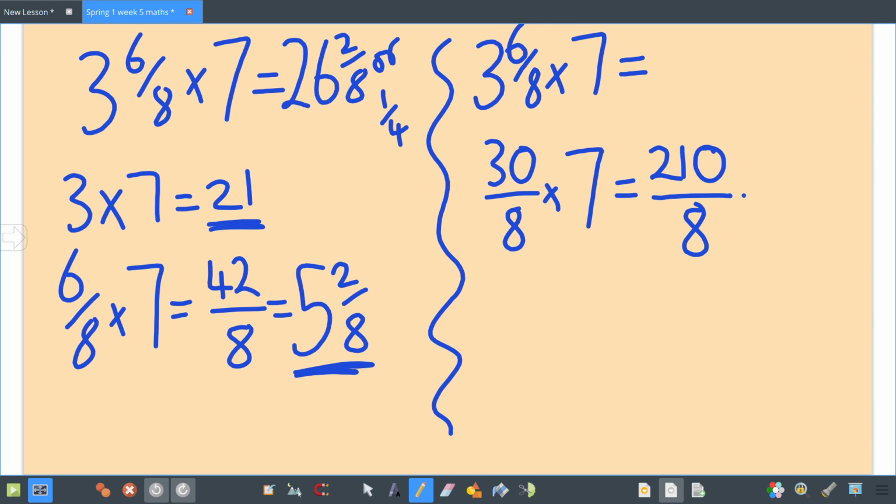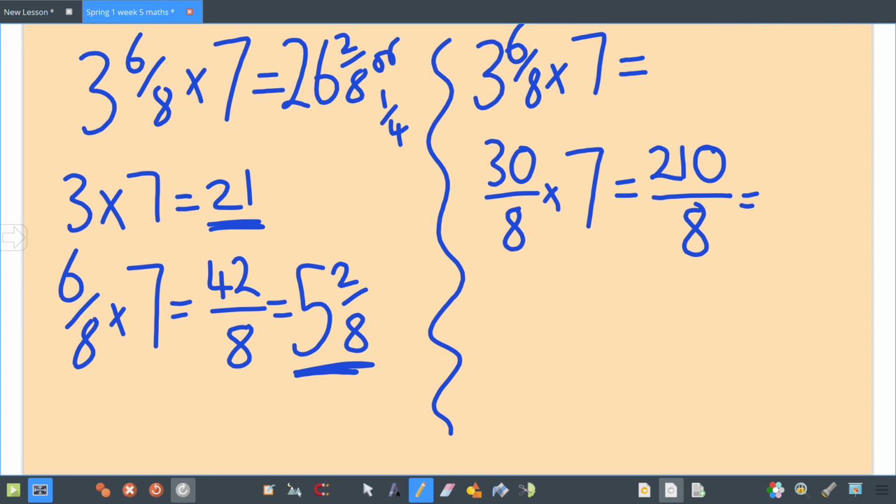Put your 8 underneath. And this is what I mean by now you have to work out how many 8s go into 210. Okay? Which is why it becomes tricky. Okay? Now I know that 10 lots would be 80. So 20 lots will be 160. And 50 away. So I know that